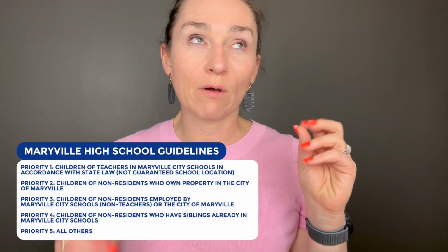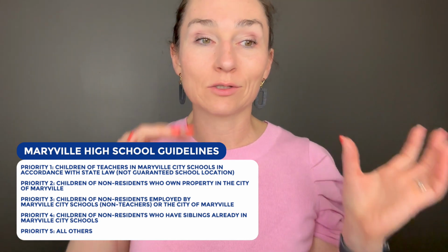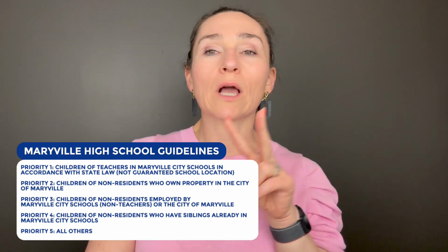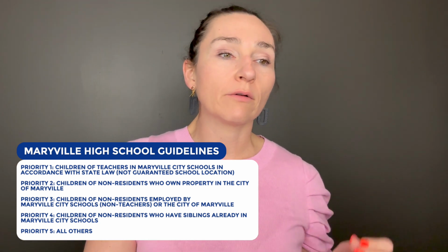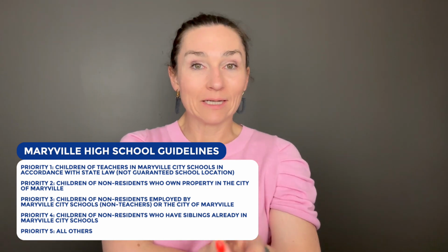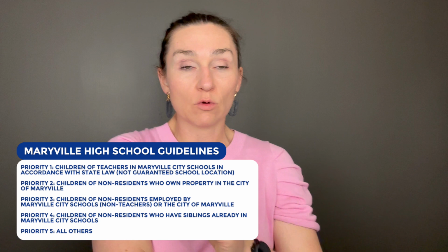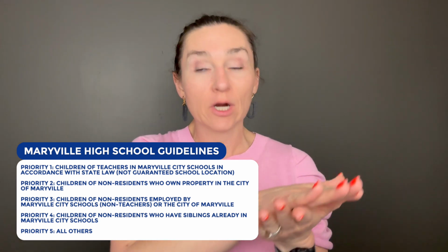It's basically saying if you're a teacher in Maryville City schools, you get priority, but you're also not guaranteed a certain specific school location, which would come into play with the younger grades. Okay, priority 2, children of non-residents who own property in the City of Maryville. So you're a non-resident of the City of Maryville, but you own something there, children of those people, priority 2. Priority 3, children of non-residents employed by Maryville City schools, non-teachers, or the City of Maryville. So someone that works for Maryville City schools or the City of Maryville that is not a teacher, their children